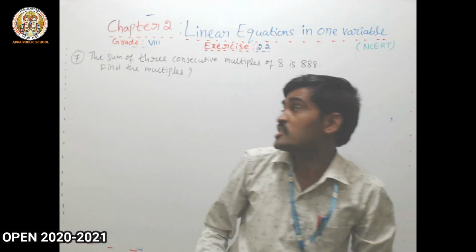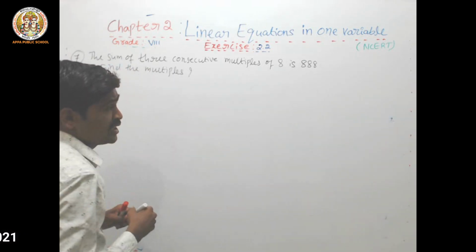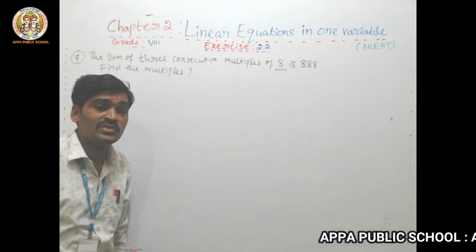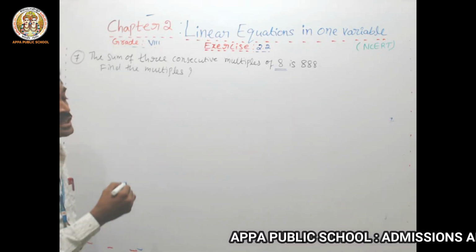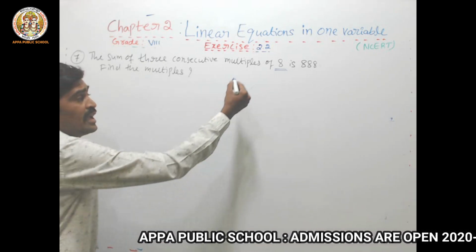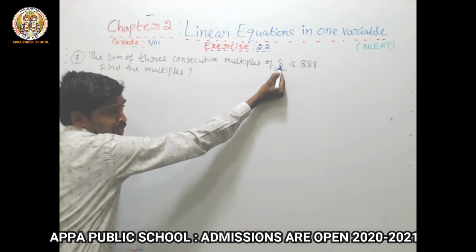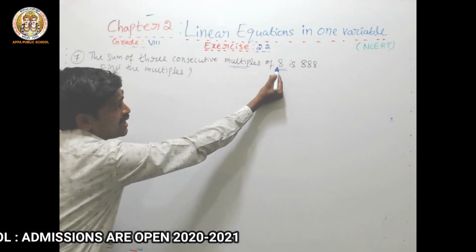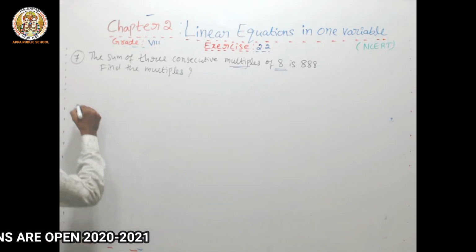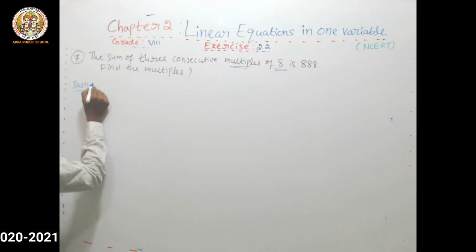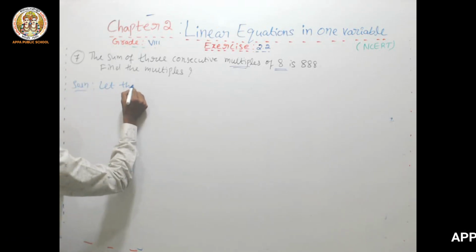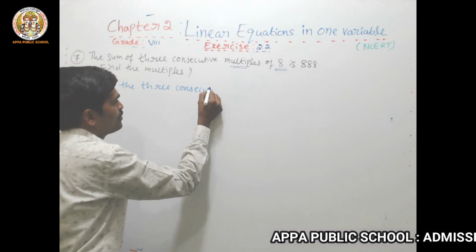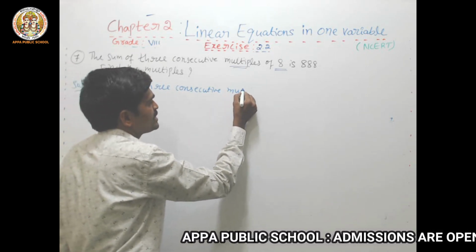My dear students, here also they have given the sum of 3 consecutive numbers, but they have given multiples of 8. As we took in the previous problem, x plus 1, x plus 2, here we have to multiply all numbers with 8. Why we have to multiply with 8? Because they told multiples of 8. So let the 3 consecutive multiples